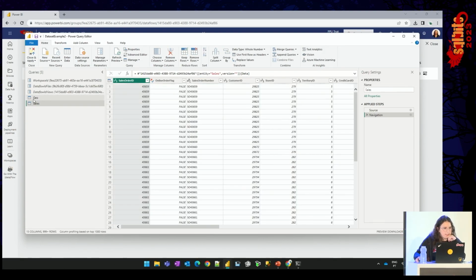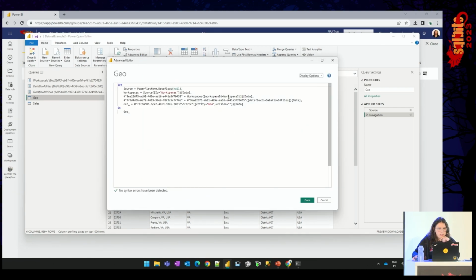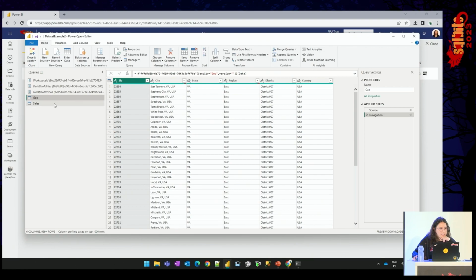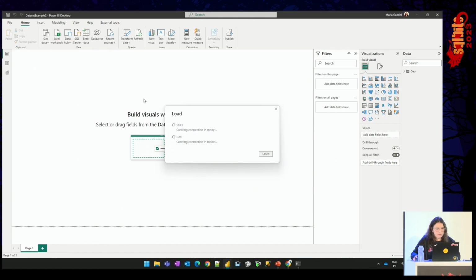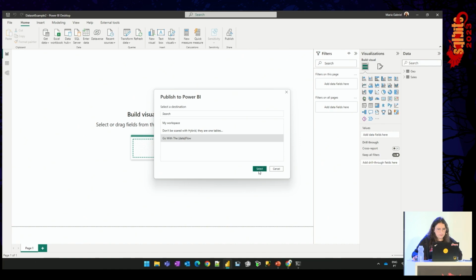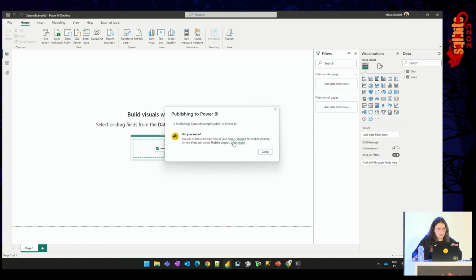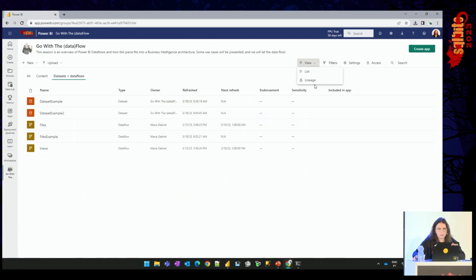So then, okay, nice. Let me show you that in Power BI, when we rename the parameter, this is automatic. If you go to the advanced editor, the dataflow ID replaced itself with dataflow ID files. So in this case, I will close and apply. So I will load this and publish in our workspace. Yes, I want to replace. Got it. So in here, I will close, and I will see in my lineage